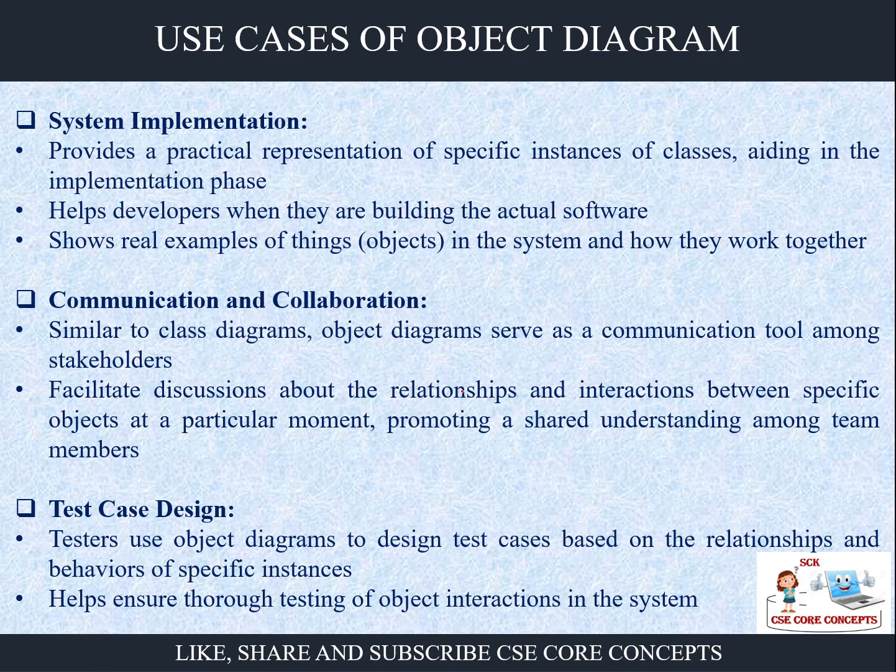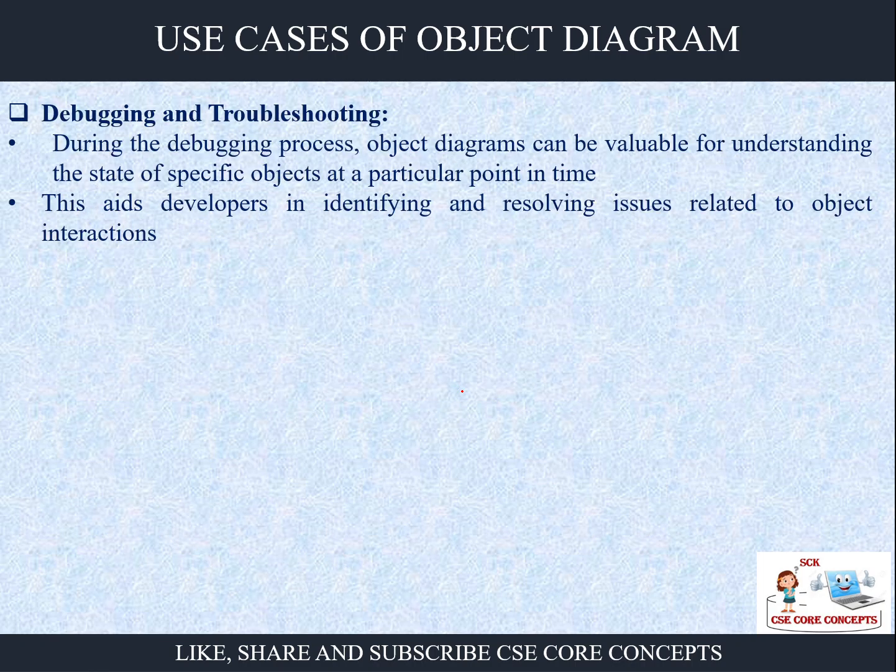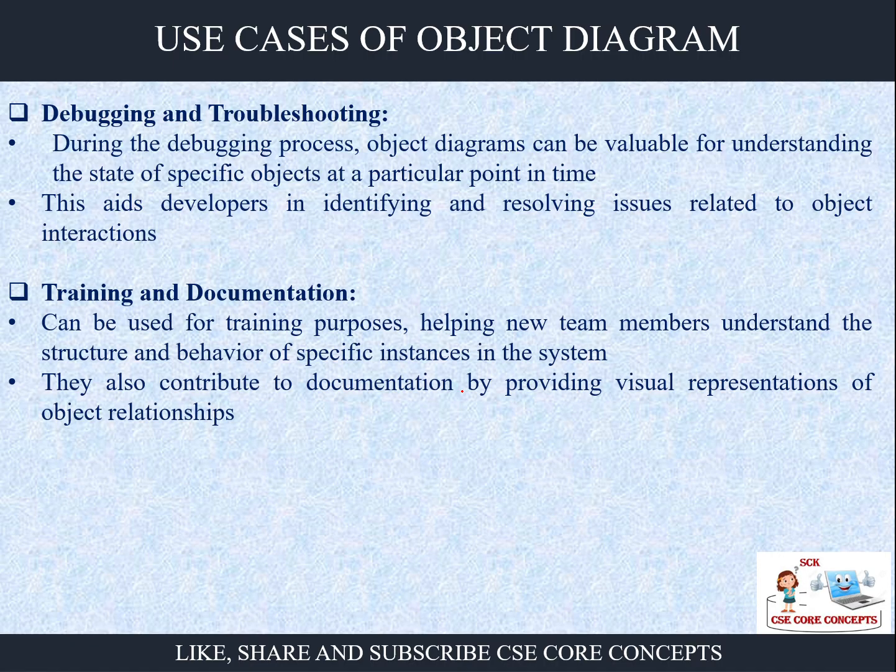If the testing team only sees the object diagram, it can understand how the classes are related and what values of the object can be given. And of course, for debugging and troubleshooting, to find out what values, if you have, let's say, done client side scripting for certain restrictions, then you can give some values and find out whether your system is working fine or not. And of course, for training and documentation, to document what the values are, and for training purposes, to explain to the users what type of values your system can contain.